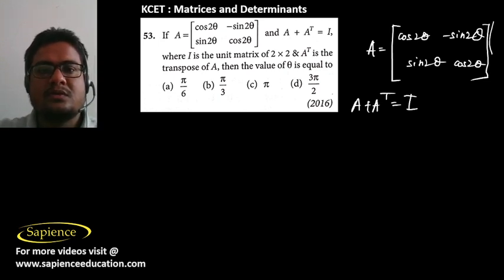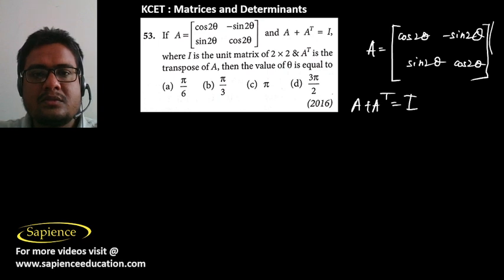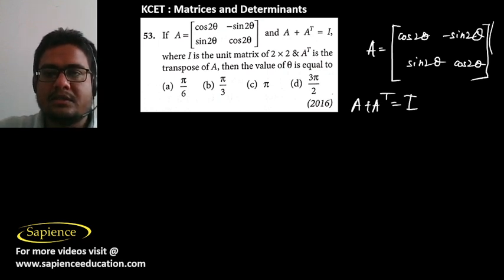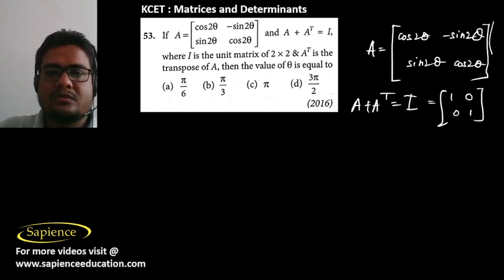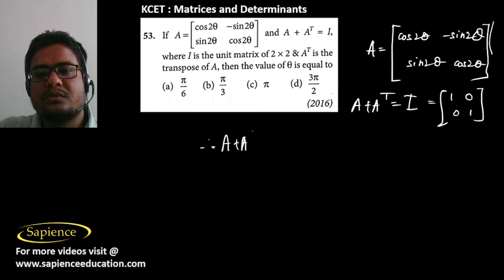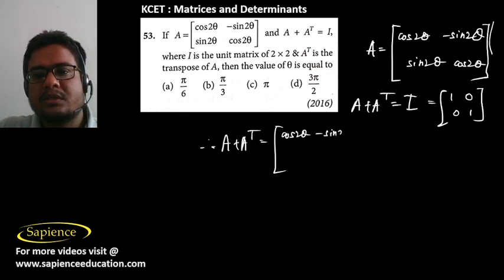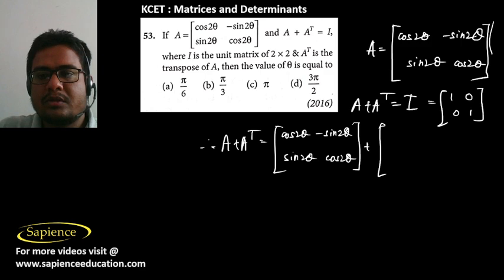I is 1, 0, 0, 1, and A transpose is the transpose of A. Then the value of theta is equal to? Therefore A plus A transpose is equal to cos 2 theta, minus sin 2 theta, sin 2 theta, cos 2 theta, plus A transpose, which will be